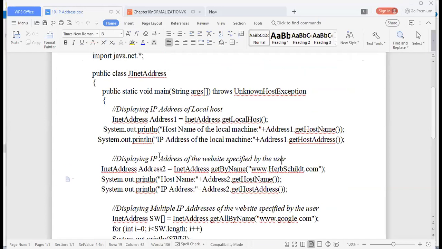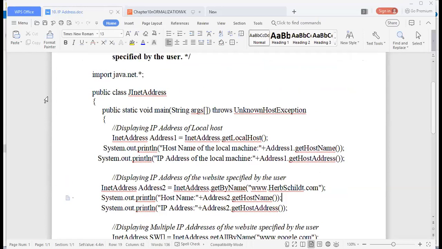So what we have done is, we have done a similar program to the one I just showed you. We have used all the three methods and then we have tried to use also the instance methods in this to separate host name and host address. It is not very difficult, it is very easy. So you can understand from the logic here. We have imported java.net. This is very important because otherwise we will not be able to use all these classes which are defined in this.